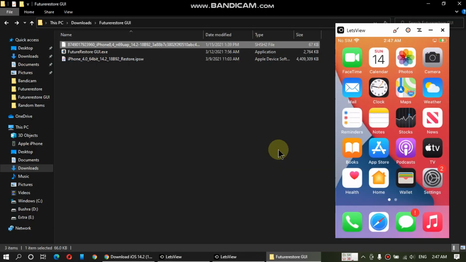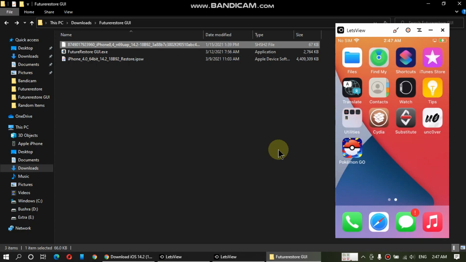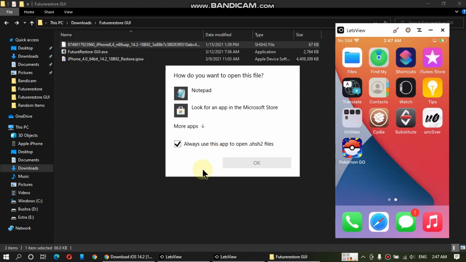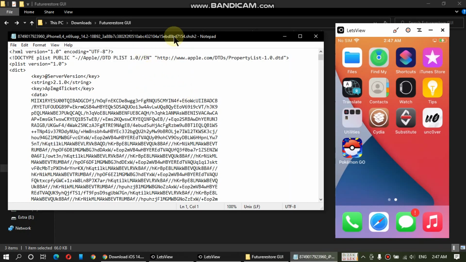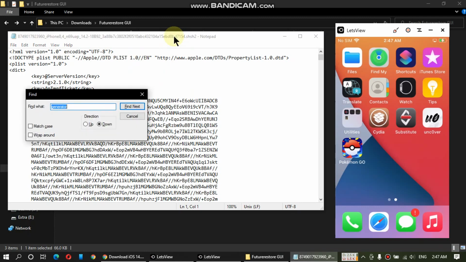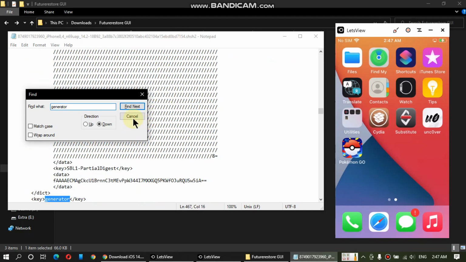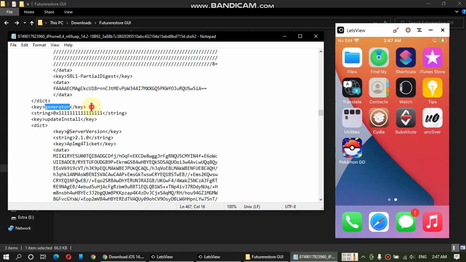I'll show you how to set the nonce value for your jailbreak. I am currently jailbroken with unc0ver and I will show you the way to do it on unc0ver and checkra1n both. So just go to your blob file and open it with Notepad. Once open, press Control F, type generator, and you will find the generator key.